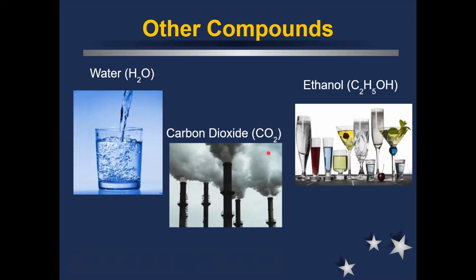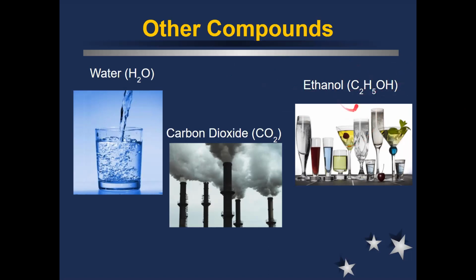And then finally, a compound that I'm sure a lot of you are familiar with and big fans of, ethanol, which is the alcohol that goes into the drinks that we drink. So scientifically speaking, there are a whole bunch of different types of alcohol out there, but ethanol is the one that's in our alcoholic beverages. So beer, wine, gin, vodka, the thing that gets you drunk in there is the ethanol.